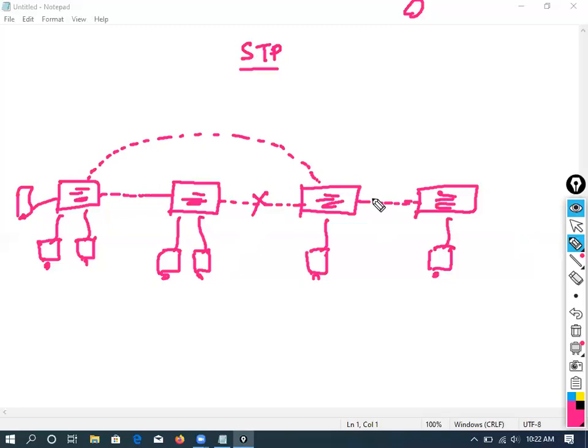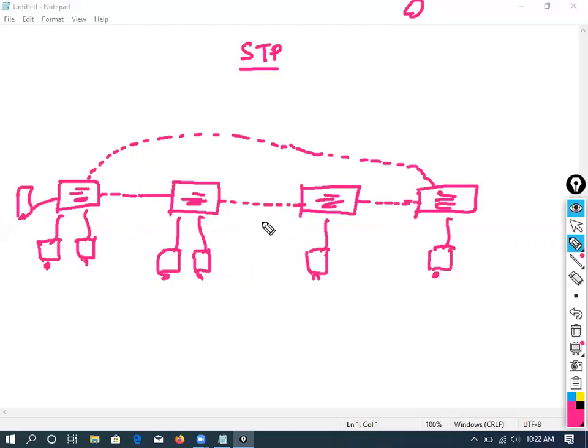That's why you should do a proper implementation if you want full redundancy. You should connect the cable not to this switch, but to this switch actually. Is it clear? Now if you lose this link or this link or this link, you will still be able to communicate. If you ask what if all of the links go down, then it's a disaster. You can't do anything.